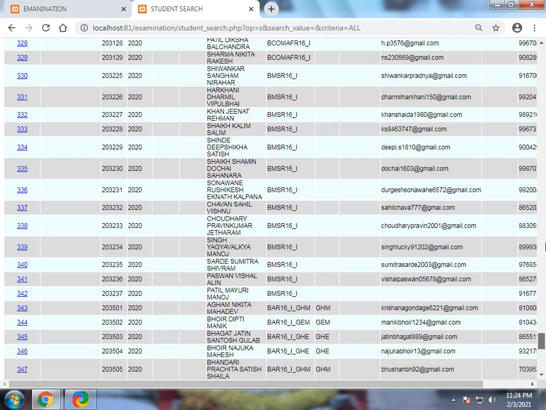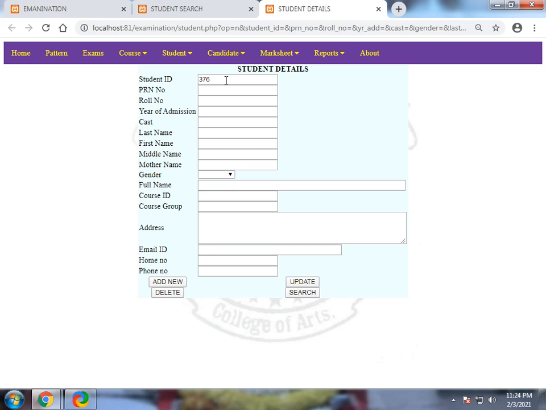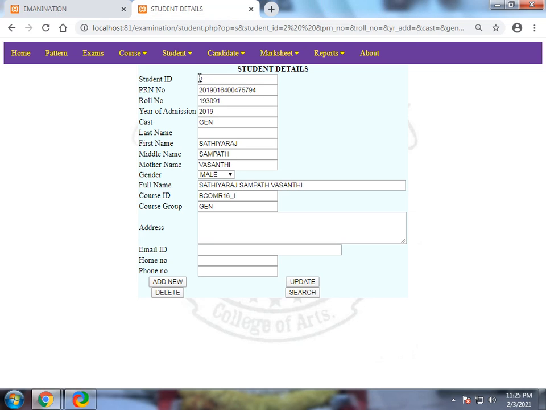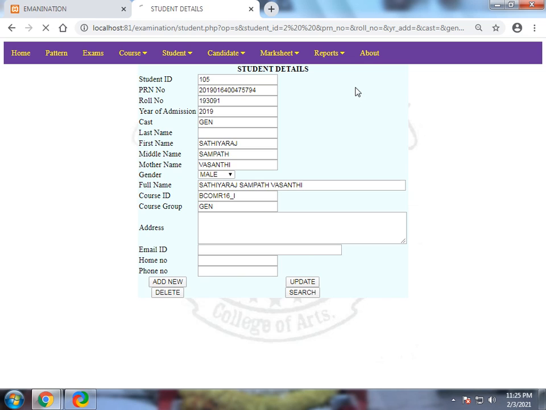So this form, or we can say this front, the student. Now we can see there are 375 students recorded in this system, and 376 appears automatically, because just like the select query, we add the probable next student ID. So now we can click here and put it in. And if I want to search, just like number 105, whoever he is, I can get it. So this is a simple thing. This is just a form, add, update, CRUD operations.